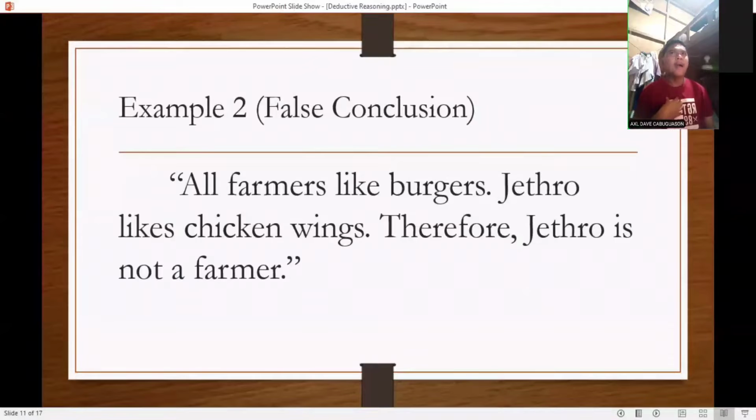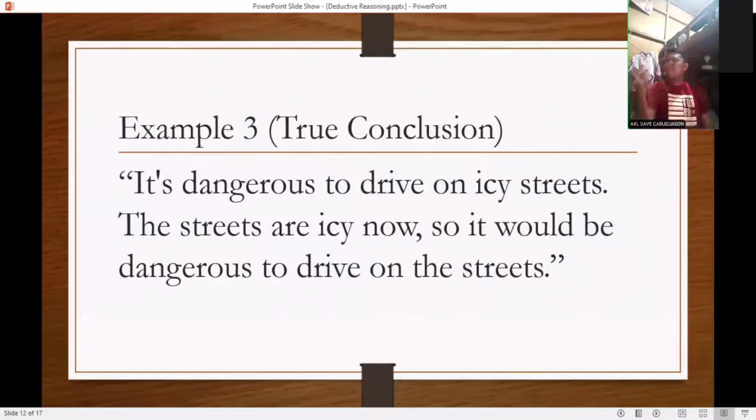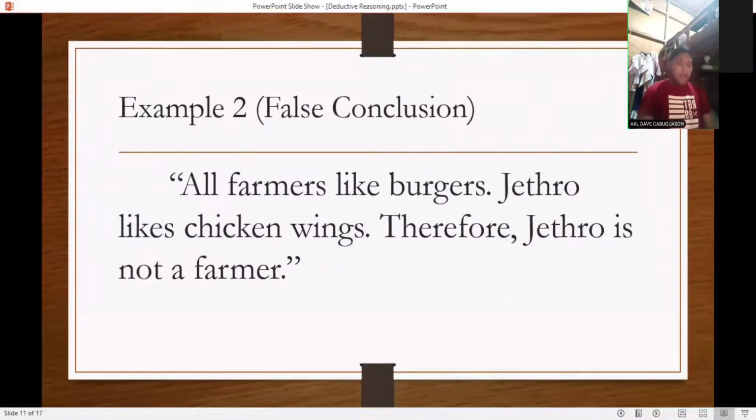I have a friend who is a farmer who doesn't like burgers. And so we can easily disprove that major premise, which is that all farmers like burgers. So therefore, that conclusion, which is that Jethro is not a farmer, is a false conclusion. That is a deductive reasoning that has a false conclusion. Moreover, to fully understand our topic, which is deductive reasoning, I have more examples here,